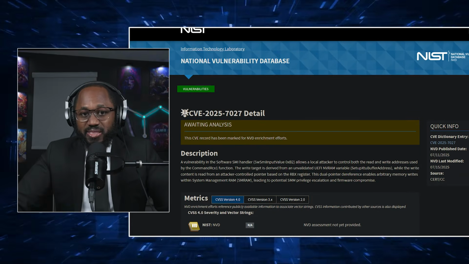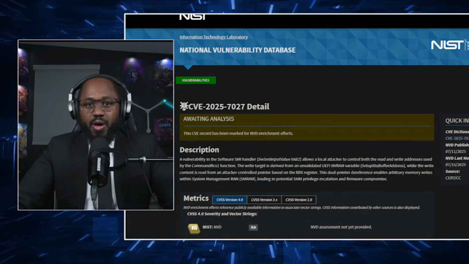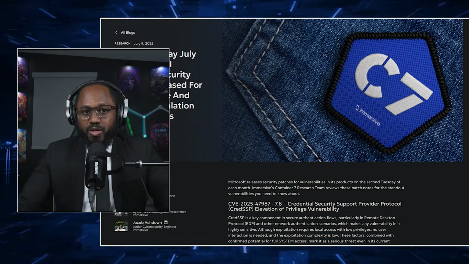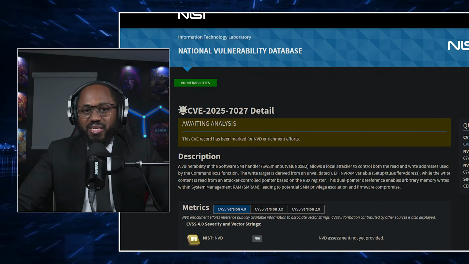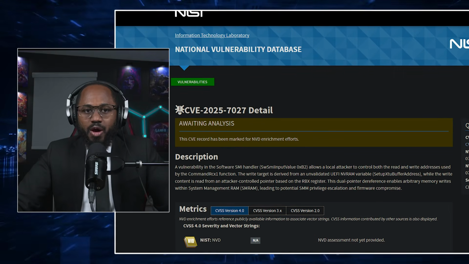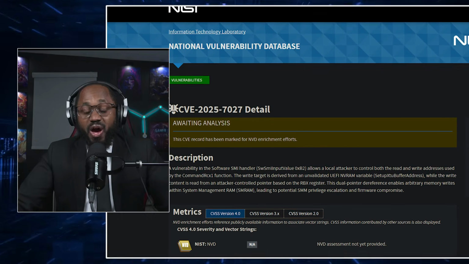And that is a critical vulnerability in the Gigabyte UEFI firmware, specifically the generic component SMM and entry module, that allows a local attacker to perform arbitrary memory writes in system management RAM by exploiting improper pointer validation in a privileged SMI handler. Now, the vulnerability exists in the SMI handler for input value 0xB2 within the firmware system management mode. It enables the command RCX 1x1 function, which performs memory writes using a write target address derived directly from the unvalidated UEFI NVRAM variable